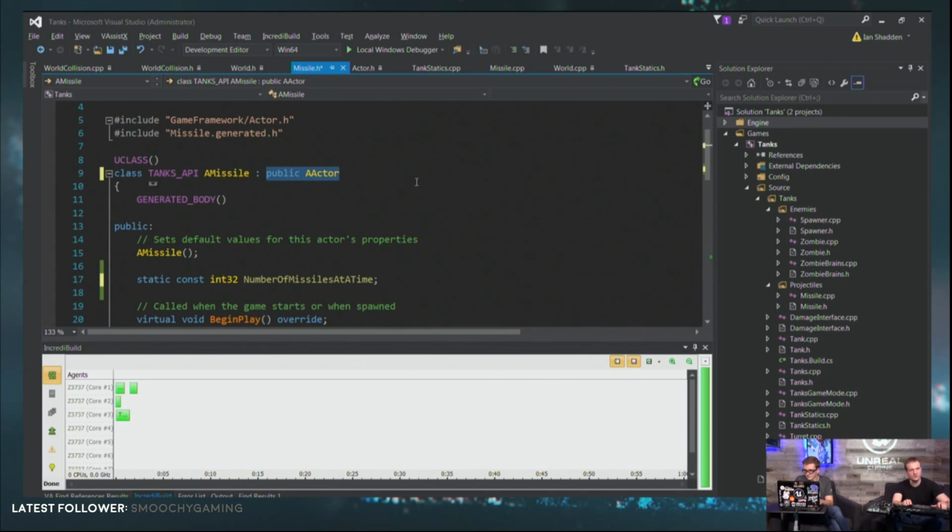Just do this. You inherit from just one actor at a time. And at first, you're probably not even going to need to use interfaces. They're a little more advanced, so I wouldn't even really worry about that. But just basically take the thing you want. It's usually going to be an actor, a pawn, a character, something along those lines, a player controller, a game mode, or a game mode base, things like that. Basically look at the thing in the engine that does kind of what you want to do, and then you inherit from it and you just go in and tinker with it. It's essentially kind of like modding, really.